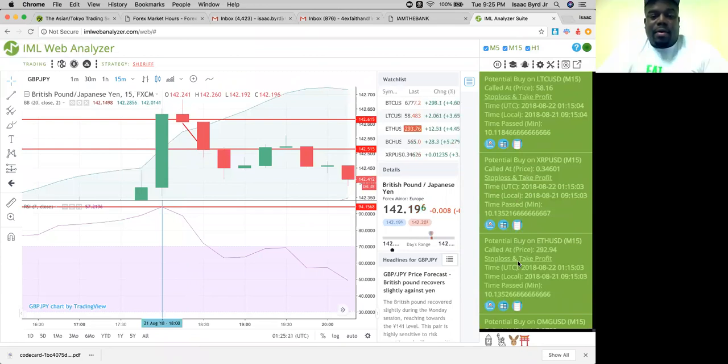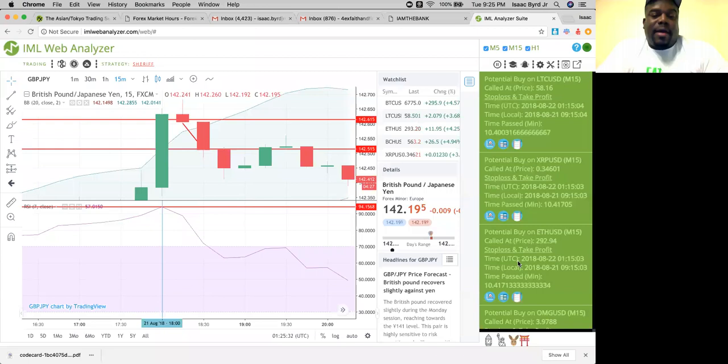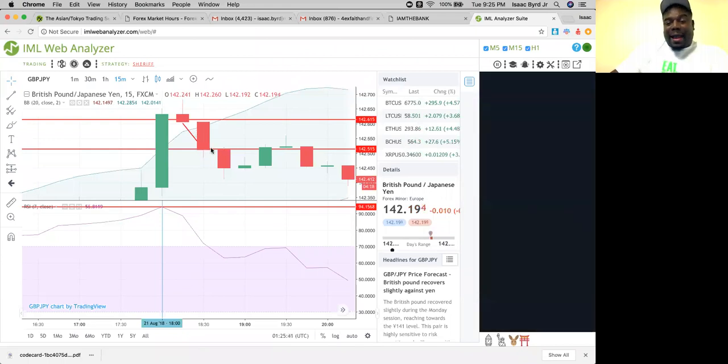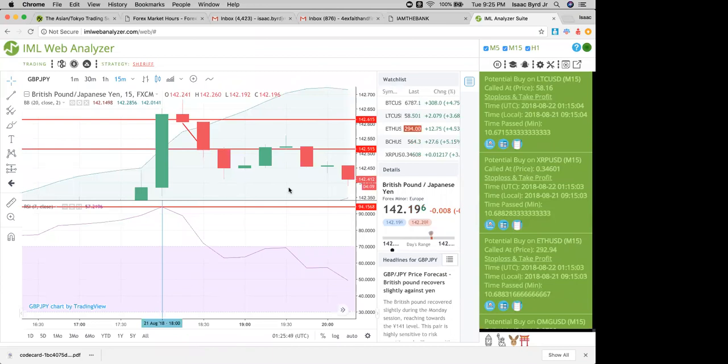No problem. So if this was a buy, my stop loss would have been underneath my take profit. Correct. In this situation, this is a sell, so your stop loss will be up here. If you were in a buy, and this was your entry point and this was your take profit, the stop loss would have been down here. Okay, got it. That makes a lot of sense.